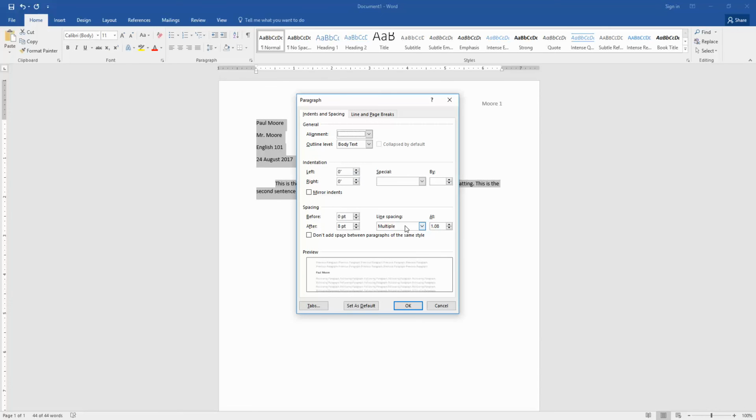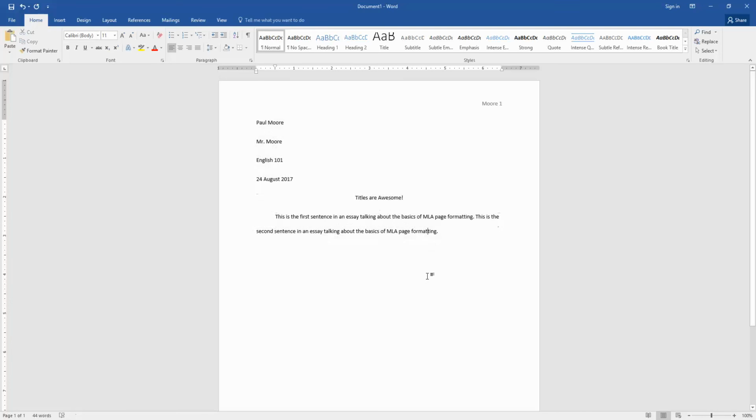And what we're going to do is, all right, we're just going to click double space. All right, we've double spaced. We're going to click OK. And we're done, right? Excellent. So we're double spaced. This is where we run into problems, because yes, we did hit double spacing, but because